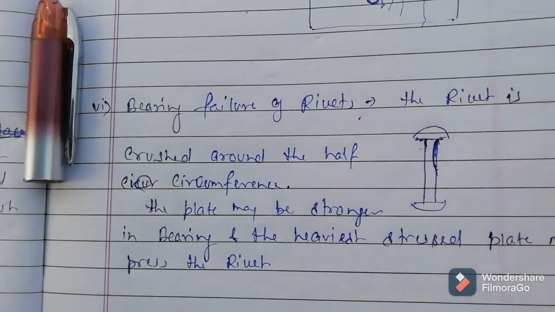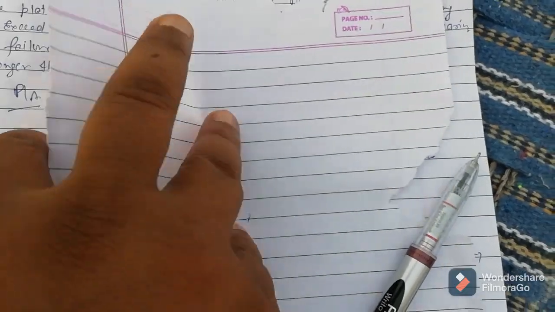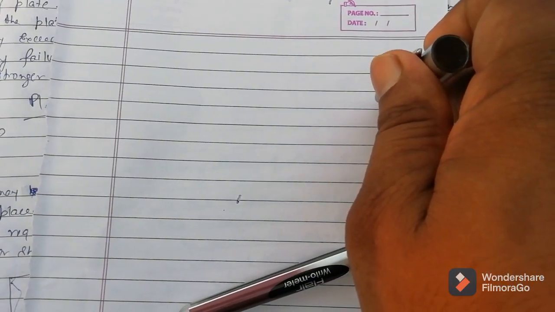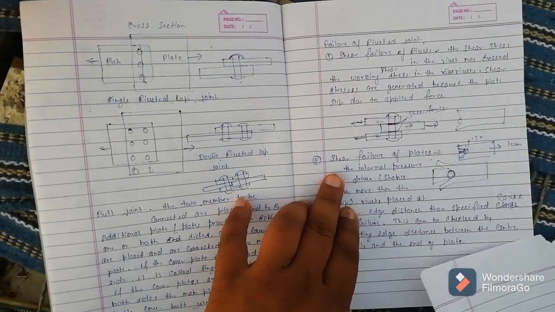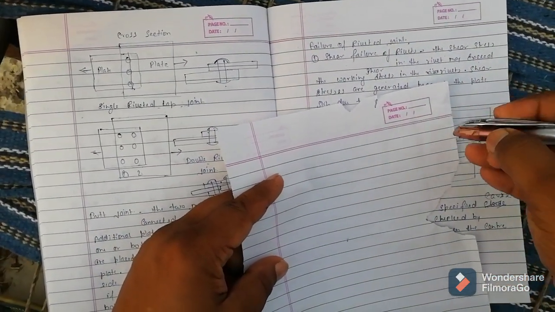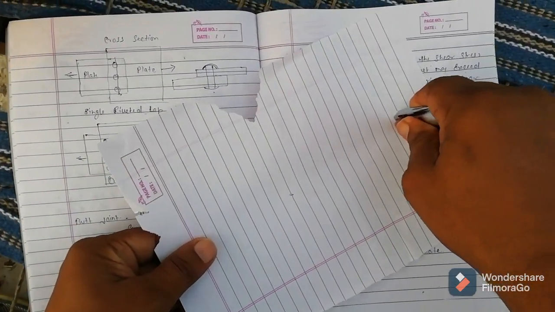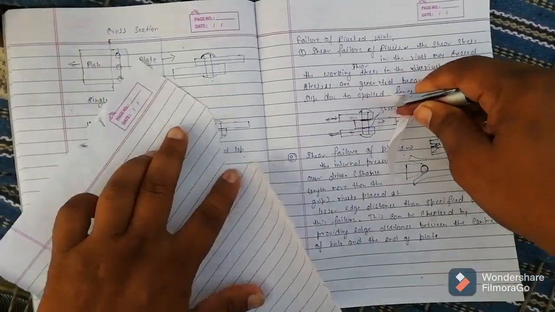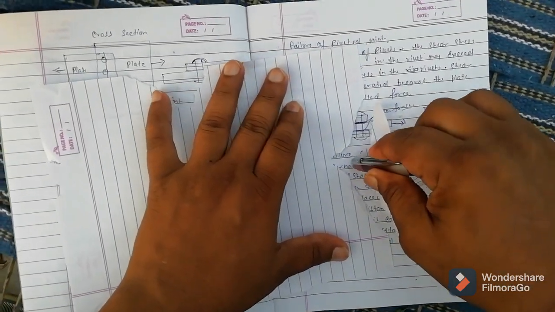Okay, so let's see the example. Let's see a live example of shear failure of plate. So now let's take this page as your plate, and this is your rivet. Now if you place it here and apply load, see how it's going to fail. See that failure, it's like the same here.